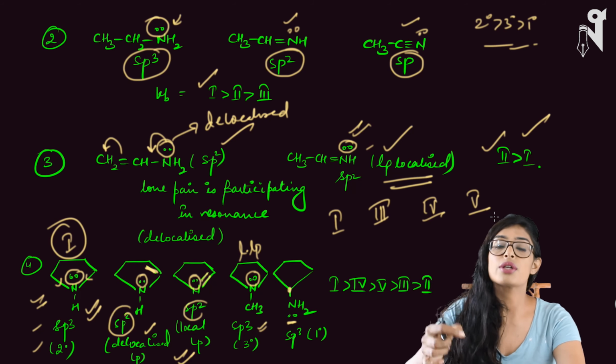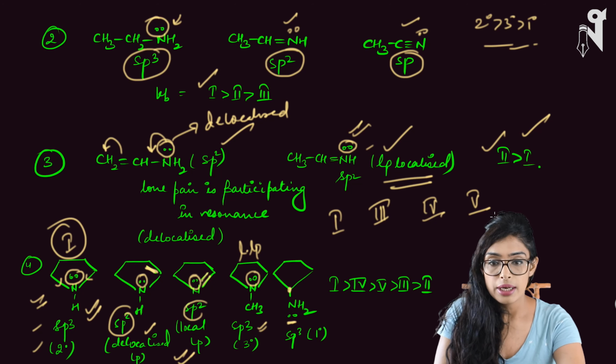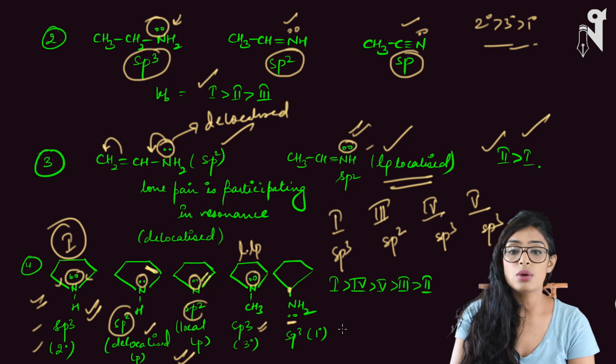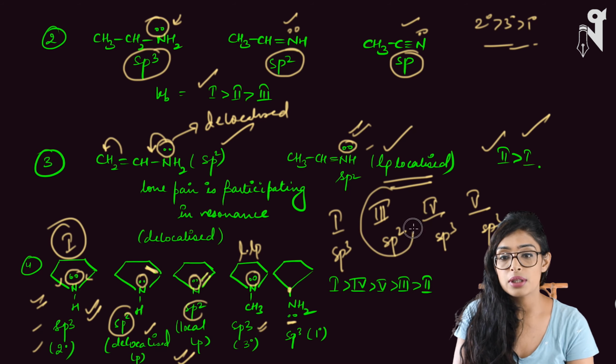So basically the pair of electrons is always going to be on these nitrogens. Now look at their hybridization. So this is sp3, this is going to be sp2, this is going to be sp3, and this is going to be sp3. So among sp3 and sp2, sp3 will give away the electron pair more easily because it is lesser electronegative. So automatically we have to compare. We know that out of these four, the third one is the least basic. Keep the third one at the last among these four.